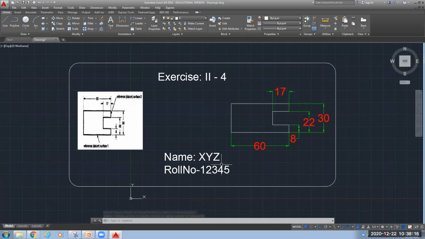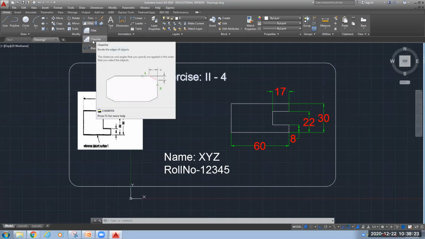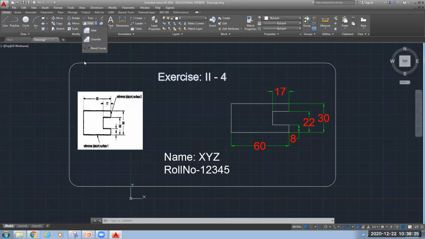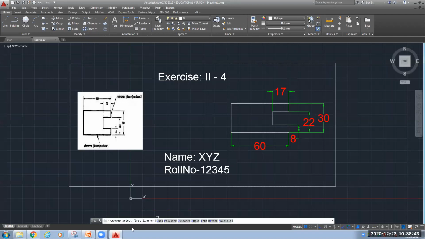Now, there is one more option over here in fillet. You have one chamfer. This is also somewhere used. Here I have rounded. At some locations you will see just that portion is cut out. Okay. So let me show you that also. Let me show you that chamfer command. Click on this chamfer. Now again, previously we were rounding it. Here we will cut it.